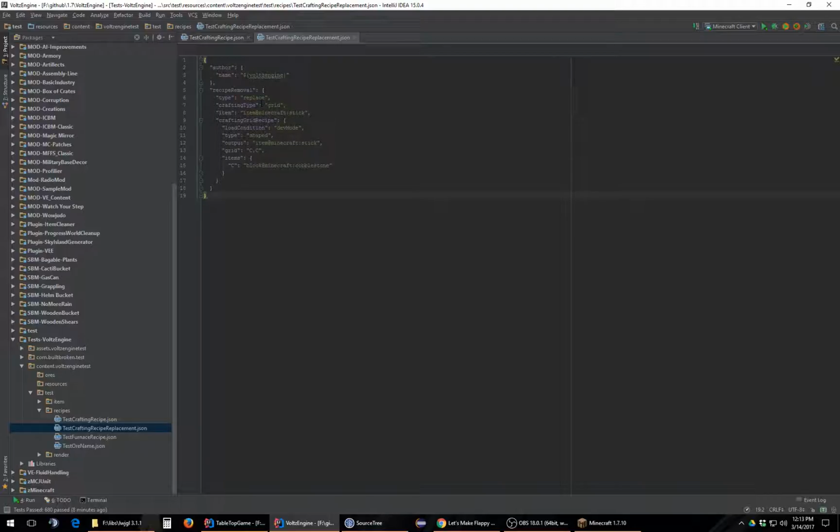You then specify I want to remove a grid recipe. There'll be different types added. Right now, grid is the only one supported. Furnace will be added eventually. Machine recipes will be added. A little bit of everything will be added over time. You specify what item you want to remove. In this case, you would also specify meta if you want to remove only meta items, or you can do